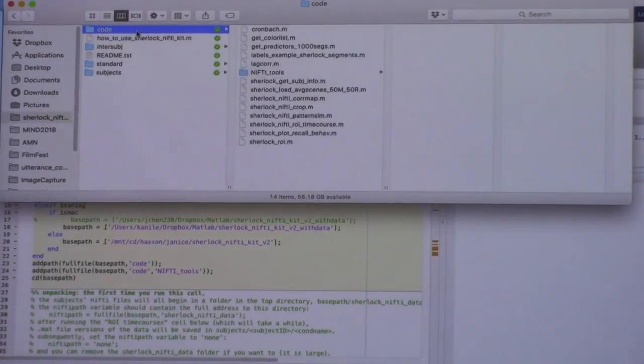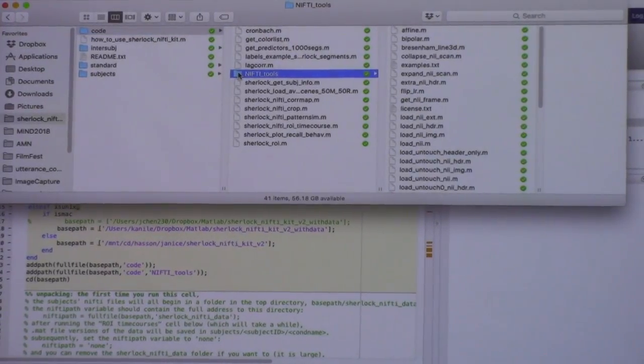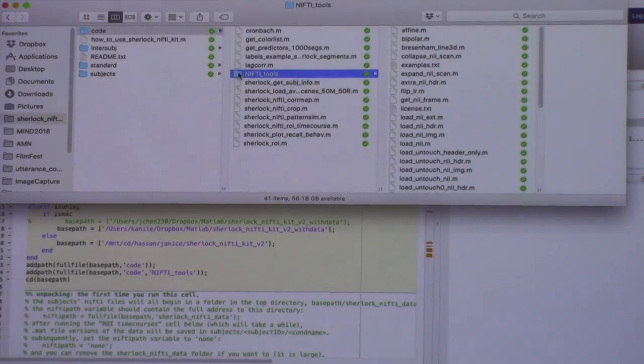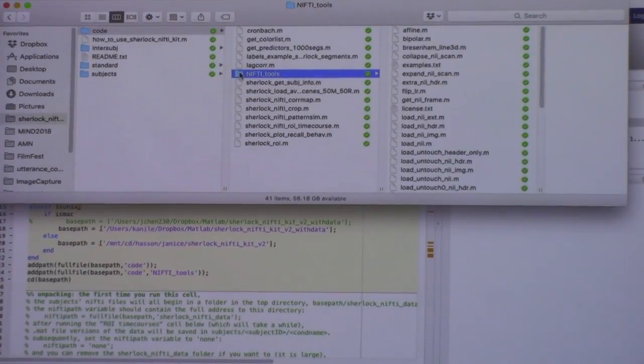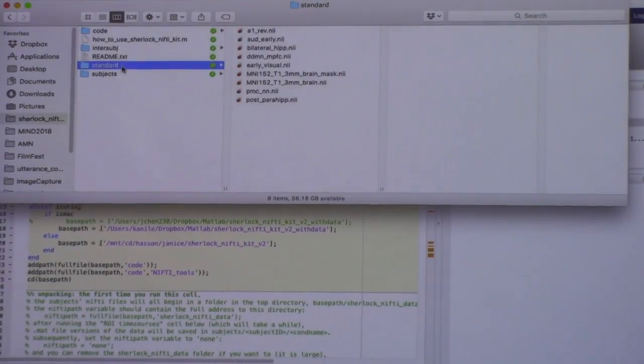Let's see, so you have your code in here. Nifty Tools is a toolbox developed at Rotman. It's just for loading Nifty files into MATLAB and doing a couple of things. We only use like 3 of these functions, but it's a nice little toolbox that is available on the MATLAB Central File Exchange. And then in standard, I keep